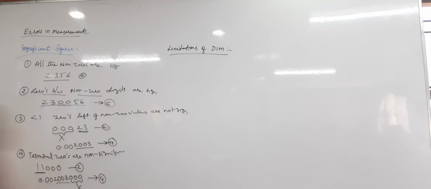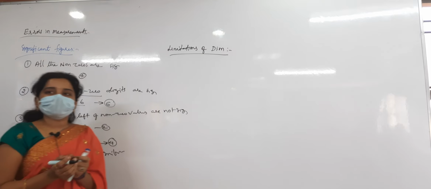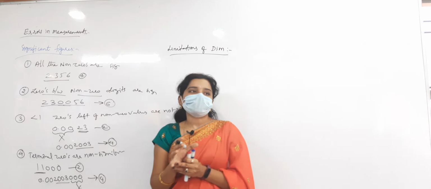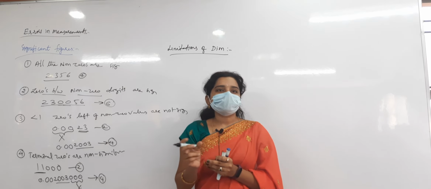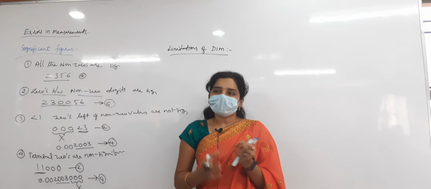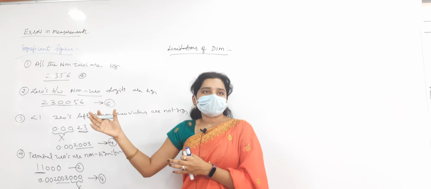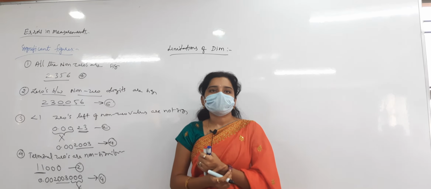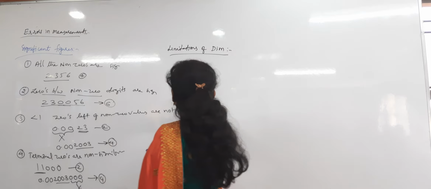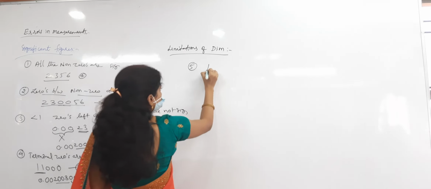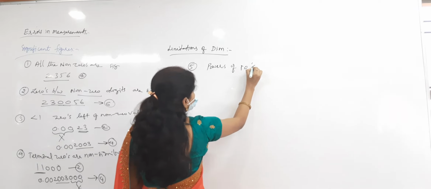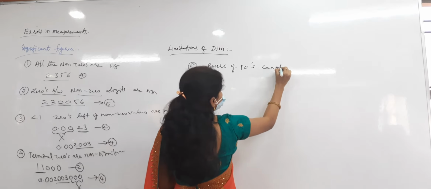And also powers of 10. Whenever you raise some value by powers of 10, we call it the order of magnitude. You might have solved some problems, and some people ask me doubts also. You will get some value times 10 power something, and they ask about that 10 power value. So order of magnitude, that also we will discuss. Those are also non-significant figures, nothing but the powers of 10. Powers of 10 cannot affect